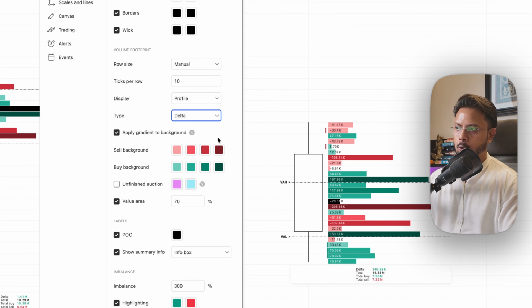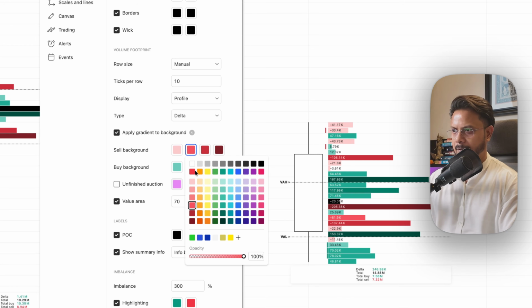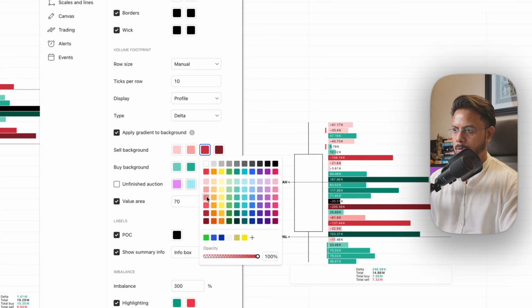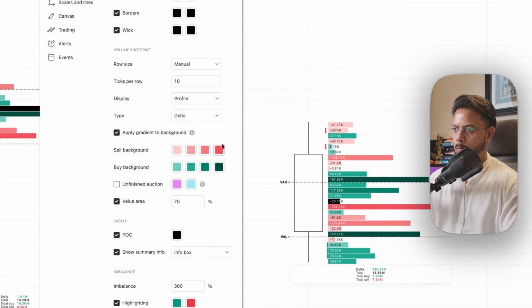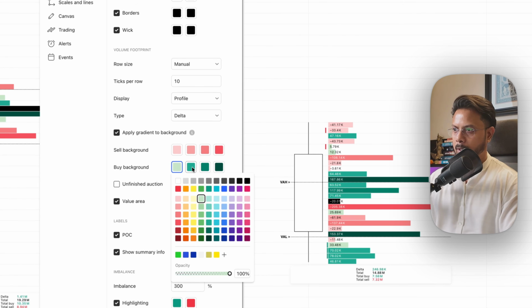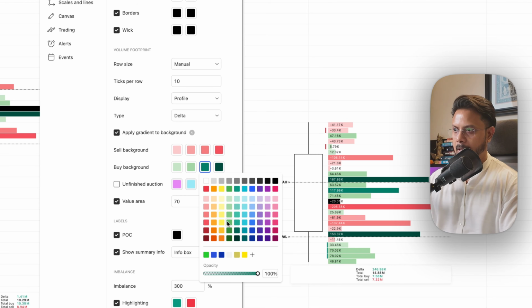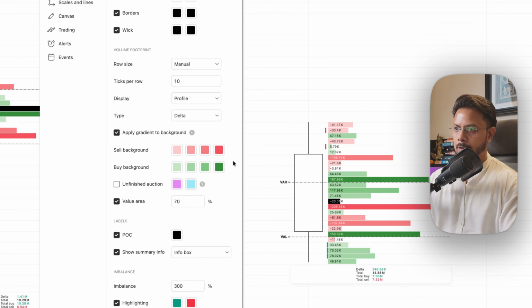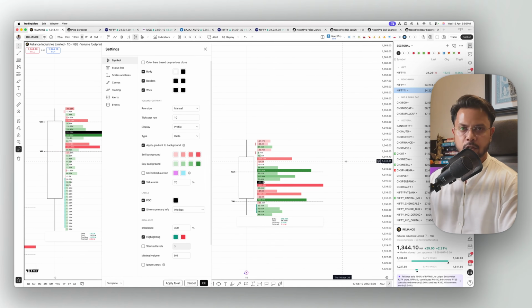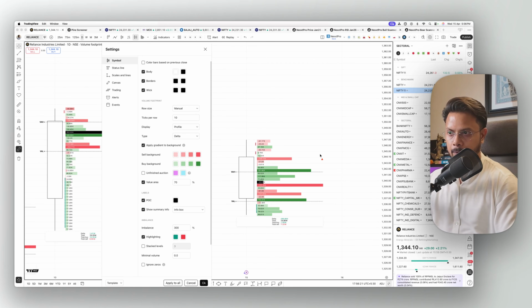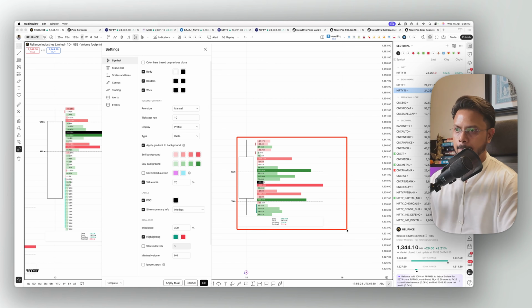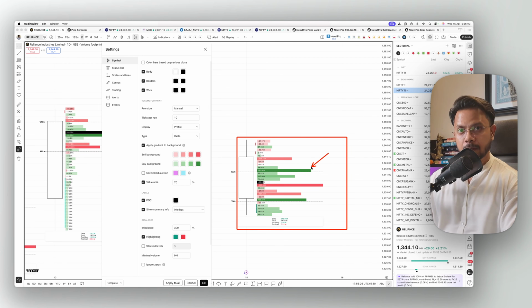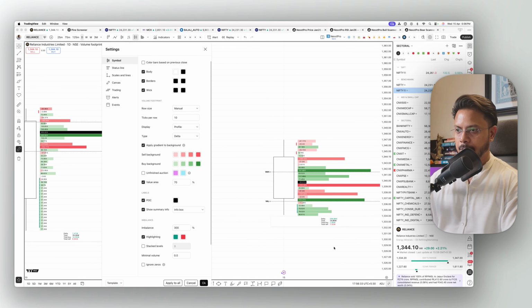With delta, I'm going to change these gradients. Okay. And they're fine more or less with me, but I'm going to just make them a little to my preference, wherein I'll start with the lightest, let's say red and green, and then move on the ladder and give it a darker shade. So I know that today, in this particular day, this is where the maximum positive delta and this is where the maximum negative delta. Net you can see, as if I zoom in,